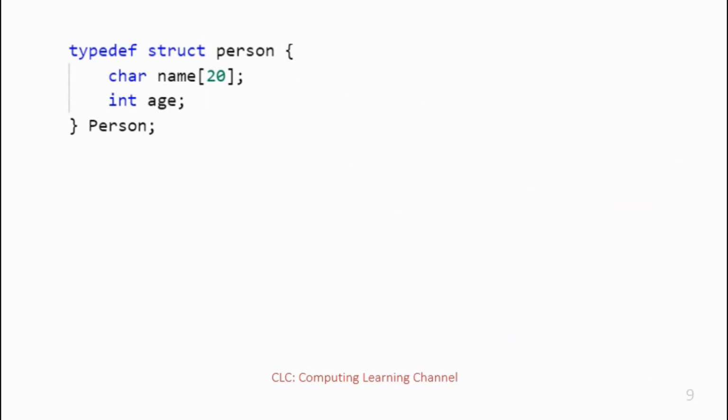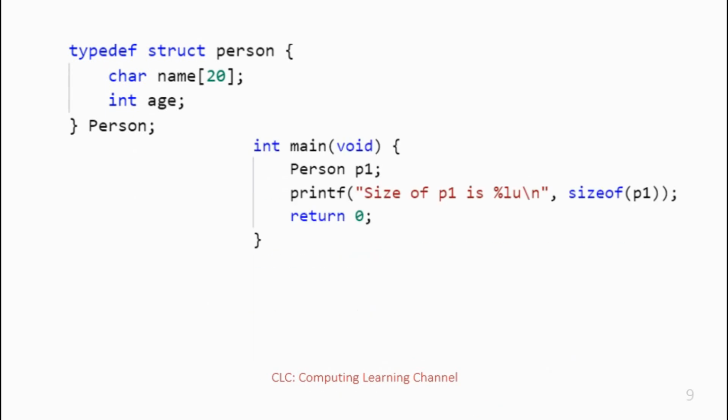Now let's have a look at a more complex data type to see what happens behind the scenes. Let's say we create a custom data type called person that has a name represented as an array of 20 characters and age as an integer. If you're not familiar with the syntax, don't worry, just refer to this code. Let's declare a variable of type person called p1. When you compile the program, the compiler automatically allocates 20 bytes for the name and 4 bytes for the integer.